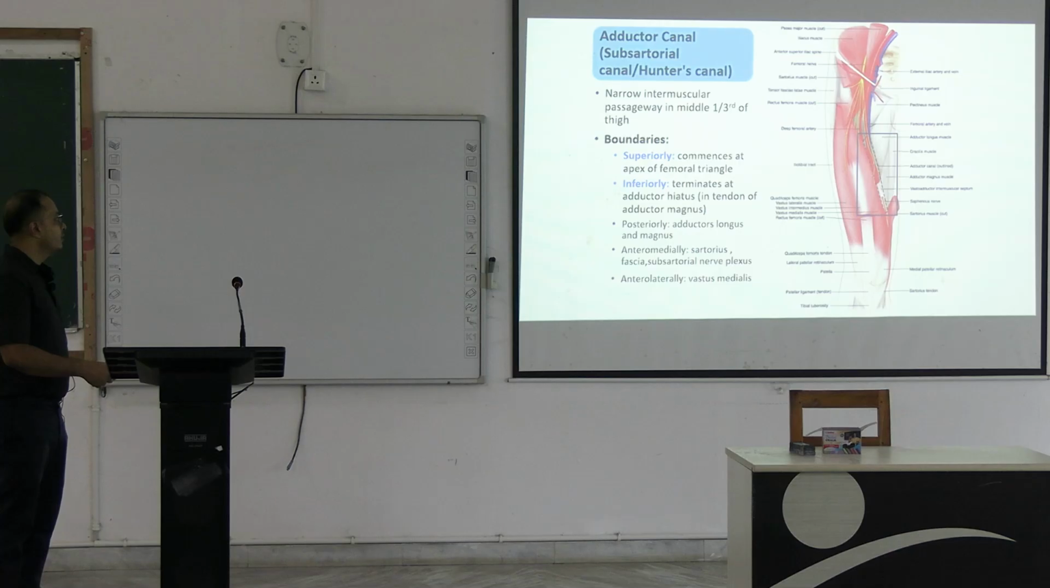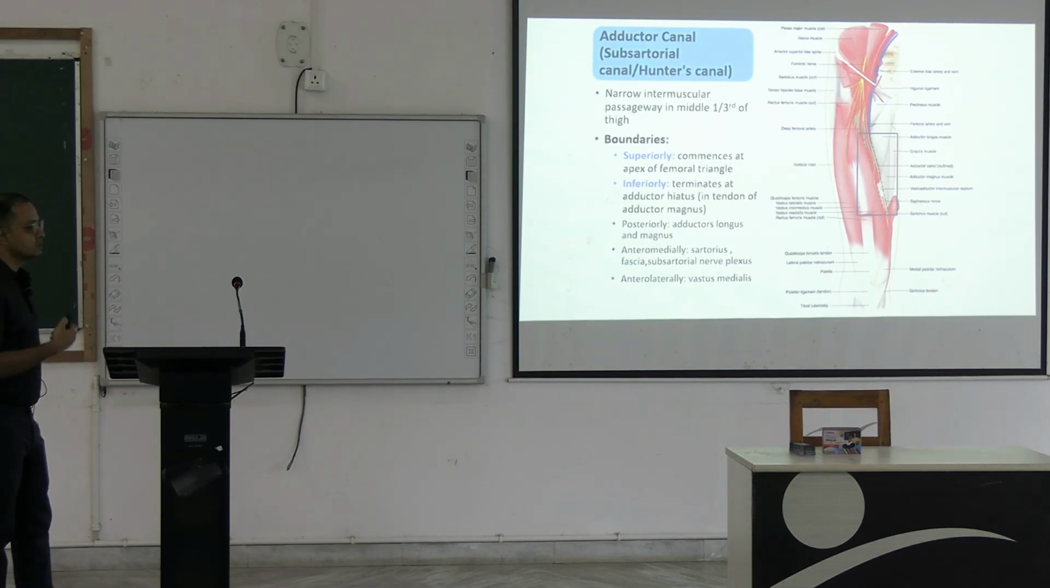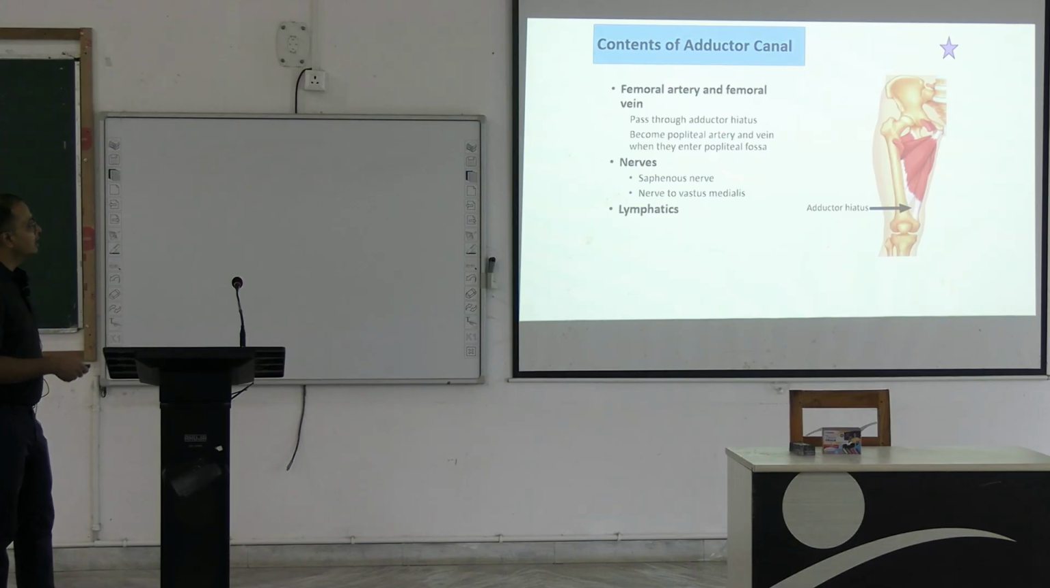triangle, and inferiorly it terminates with the opening, the fifth opening, of the adductor magnus. Posteriorly lies the adductor longus and magnus, which makes the floor here, and medially it is occupied by the sartorius, which comes from lateral to medial, and laterally by the vastus lateralis. So, these are the boundaries that we should know about the sartorial canal, and the content, which is